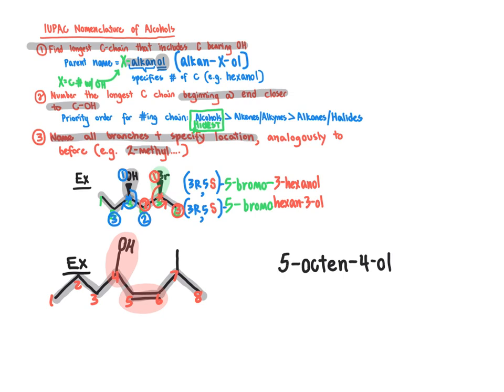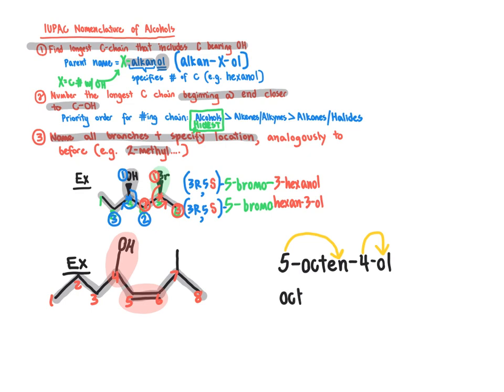It begins at carbon 5, so we call this 5-octene 4-ol. Looking at this name, the 5 here refers to the alkene group because that's what's next in line there to specify a functional group. The 4 refers to the alcohol group at carbon number 4. We could alternatively, and just as accurately, instead refer to this